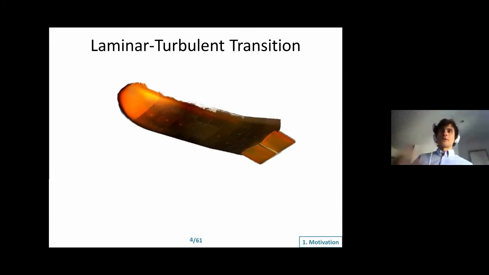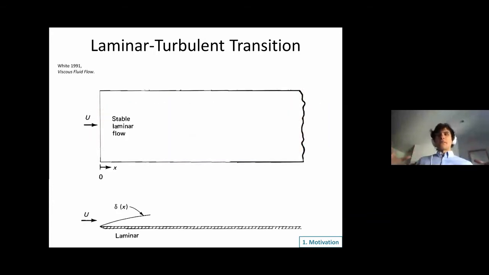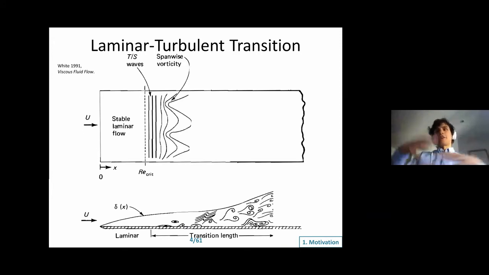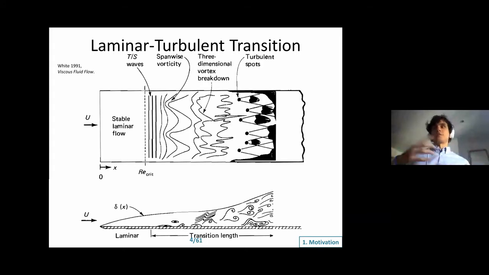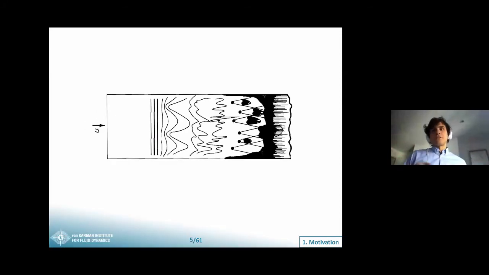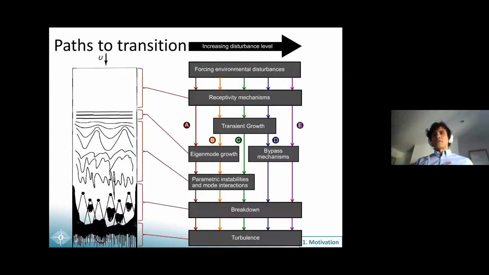Okay, so how does the flow become turbulent? If we imagine a flat plate over which our boundary layer is gradually developing, we have that, as we said, at the beginning, the flow is laminar. And after a certain distance, a series of perturbations enter into the boundary layer. These perturbations first grow linearly and independently of one another. But after a certain extent, they start interacting with each other in a 3D fashion and ultimately lead to a vortex breakdown, turbulent spots, and finally a fully turbulent flow. So this is what we call the natural transition path, and it corresponds to a low disturbance environment.